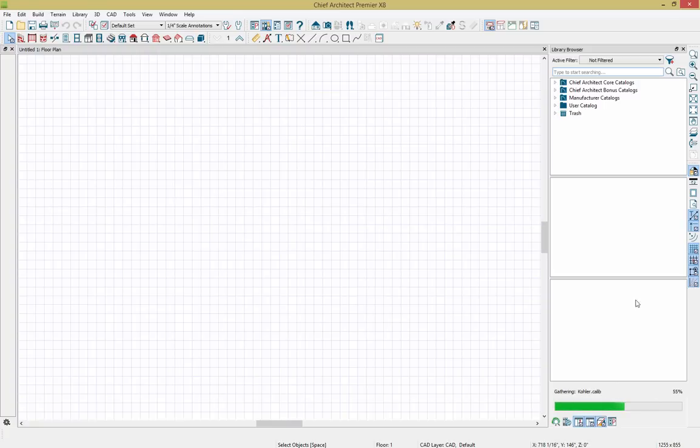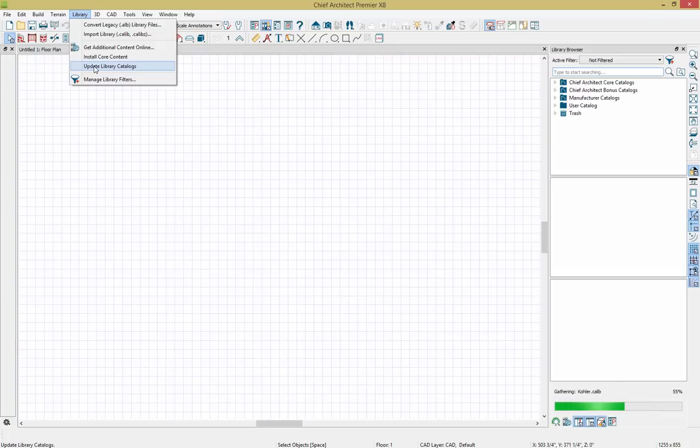And if you'd like to do a check in the other catalogs, like the core catalogs, we can go up into our library drop-down menu and update library catalogs. That will go and seek out and fill in any differences between the core catalog of the prior version and the newer version. It is worth noting that if you're migrating from a version that is older than X6, then